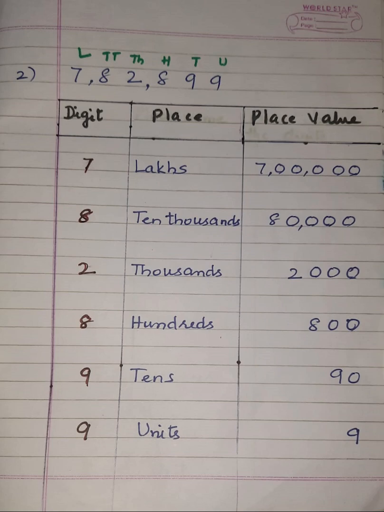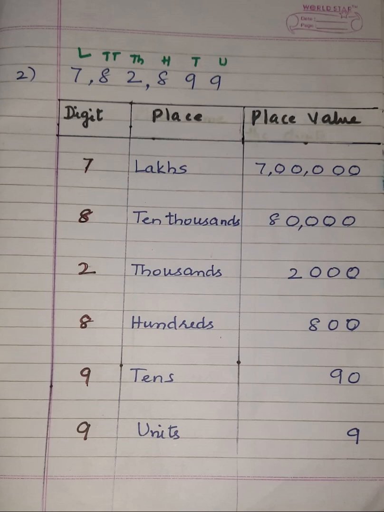Right? After that, what you have to do, children? In the digit column, write all the digits mentioned in the number, that is, the first digit is 9. Then write by leaving a line, children, then only it will look neat and legible. If you write continuously, it will not look neat. So first write 9, then leave 1 or 2 lines as per your wish, then write 8. Then the next digit is 2, then again leave 1 or 2 lines, then write the next digit 8. Then again leave 1 or 2 lines, then write digit 9. Then again leave a line and then write the digit 9.